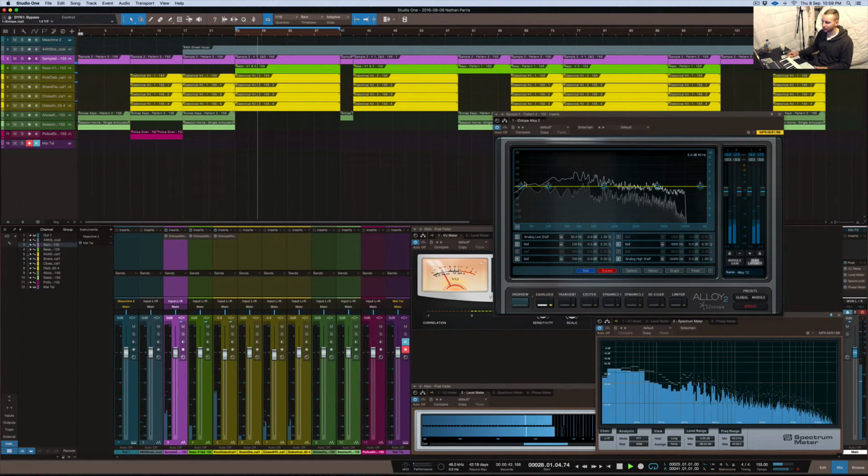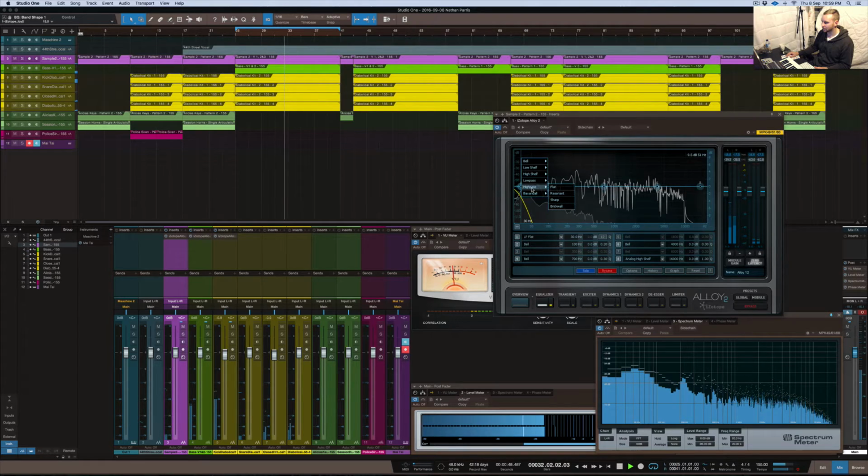And then in mono. So looking at a low shelf, sorry, high pass shelf, there we go. Alright, so